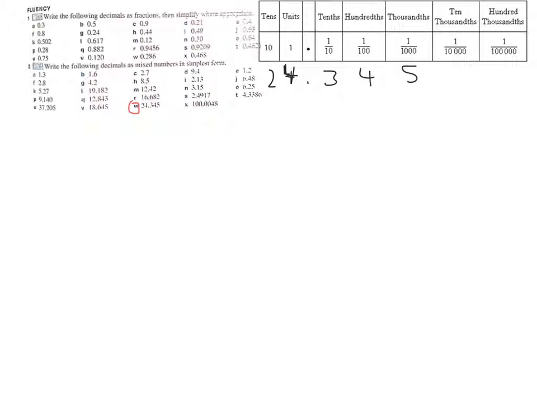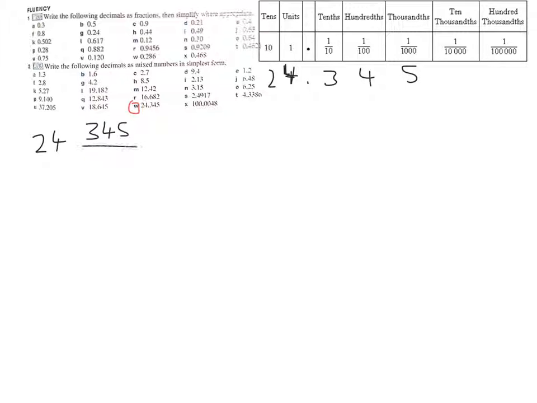So we know that the number 24 goes on the outside, and we can see here that the last decimal 5 is in the thousandths place value. So that means all these numbers here will go over 1000. So we can write that